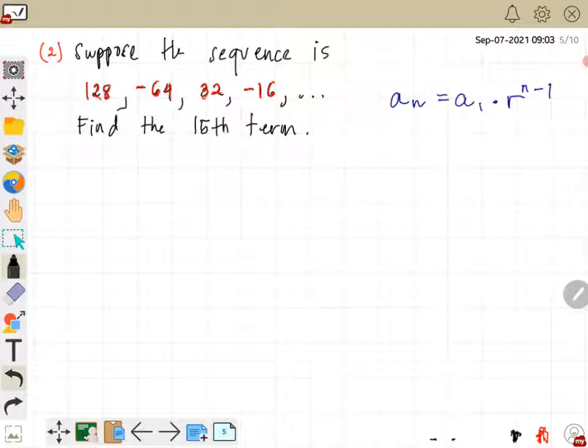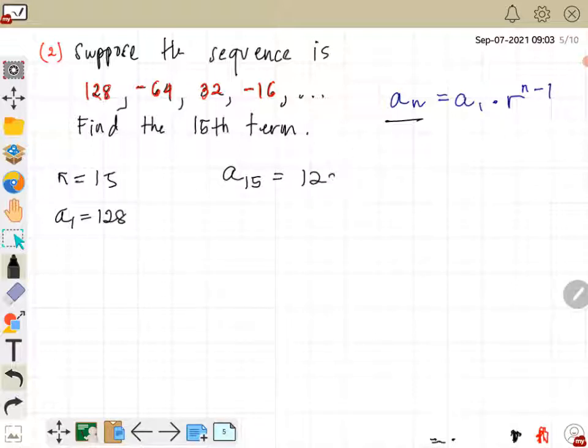Let's proceed with our second example. Suppose the sequence is 128, negative 64, positive 32, then it becomes again negative 16, and so on. What would be our 15th term? Again, let's find our n. Our n is actually 15, so that gives us a sub 15. Our a sub 1 is 128,